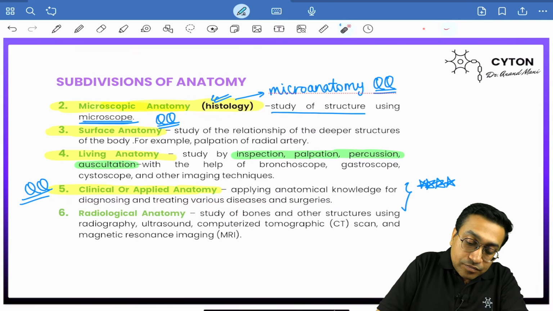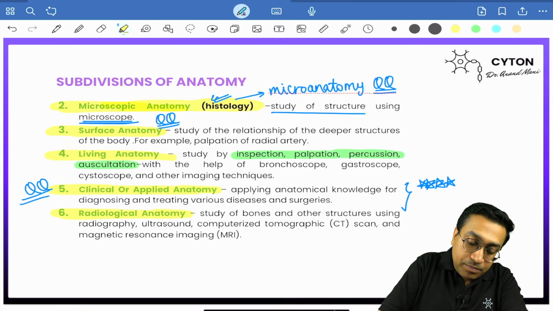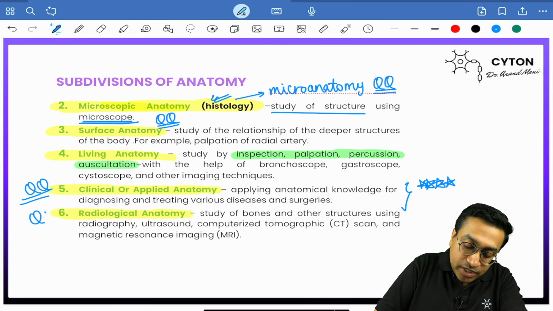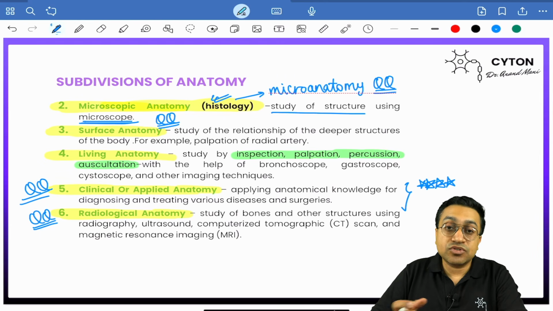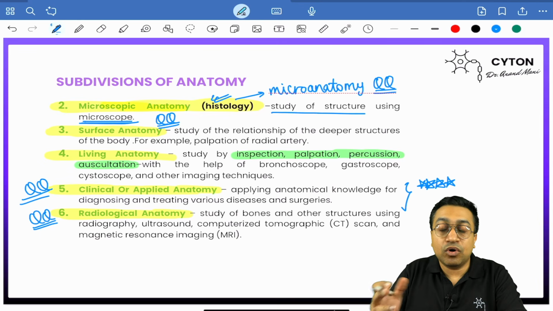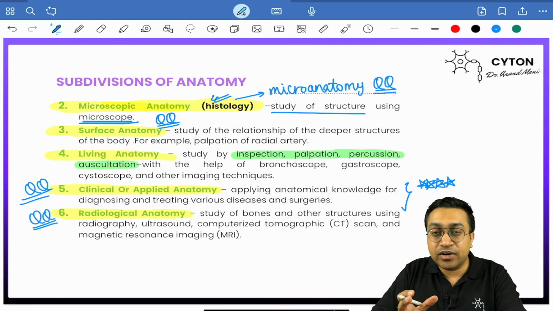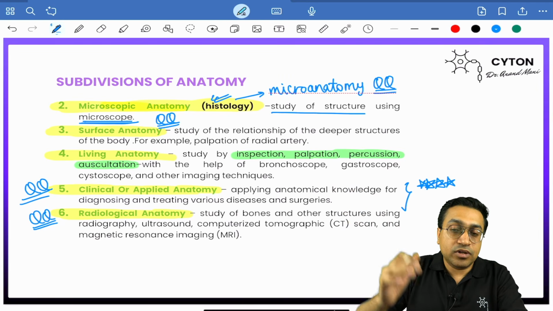Then we have the radiological anatomy. Again, there will be a separate viva for the radiological anatomy, which will be taken in the assessment part. That will be the study of bones and other structures using radiography like X-rays, MRI, CT scan. Although we don't teach you in detail regarding the MRI and CT, that is a part of your other professional